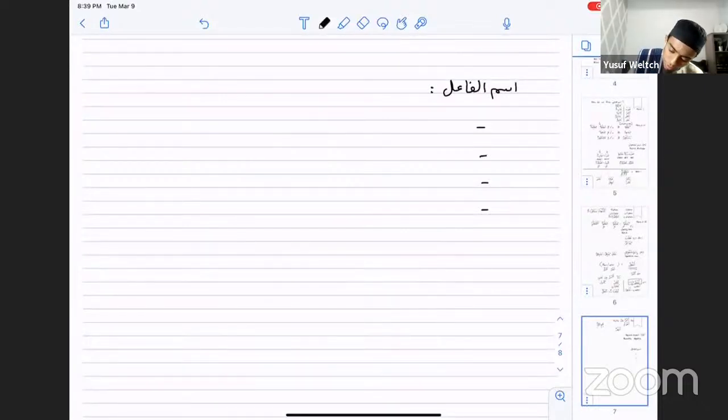Okay, so this is the one. Ism al-fa'il is someone who's doing an action, but it doesn't have to be in a verbal sentence. I don't have to say daraba zaydun, because zaydun then only in that context is the doer, but daribun by itself is ism al-fa'il wherever I put it. So if I said, for instance,